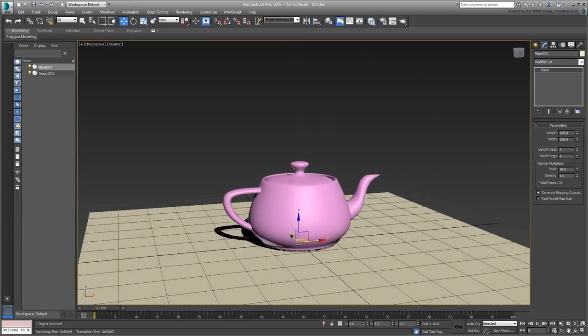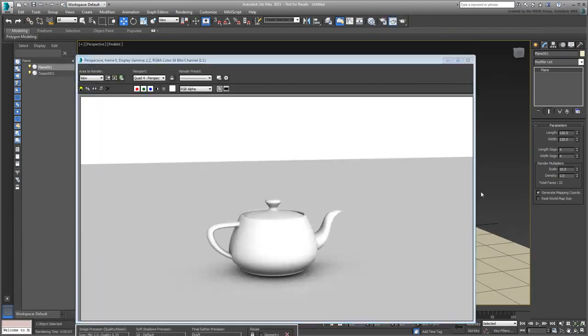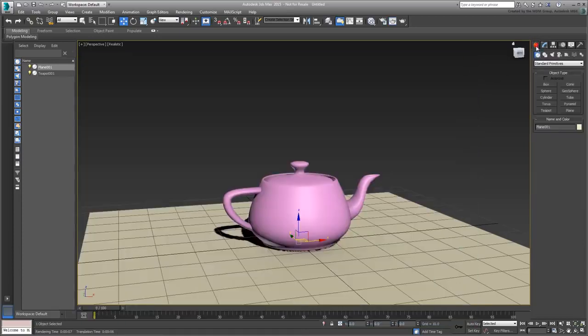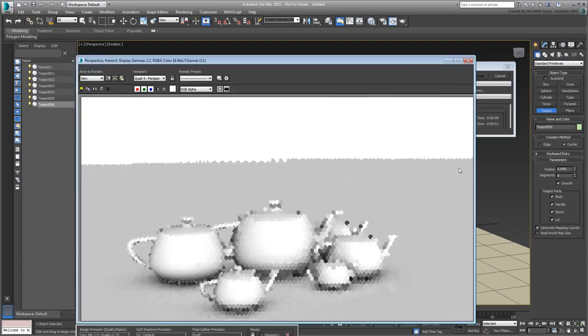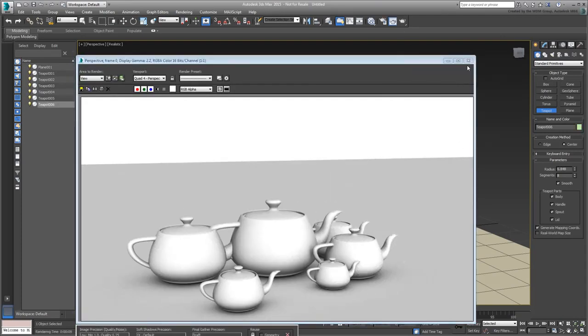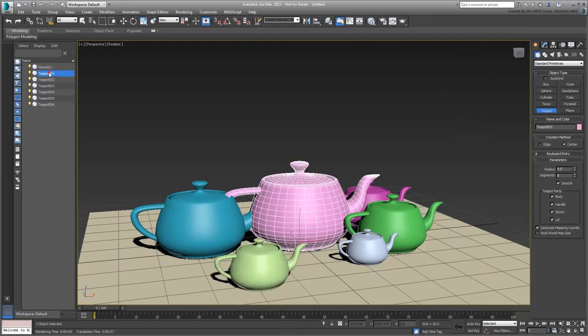In essence, the material you just created is going to override all other materials in the scene and apply itself to all objects. Add a few more teapots, if you will, and see how they affect one another. Of course, the purpose is not to have teapots, but more interesting geometry. Delete the teapots